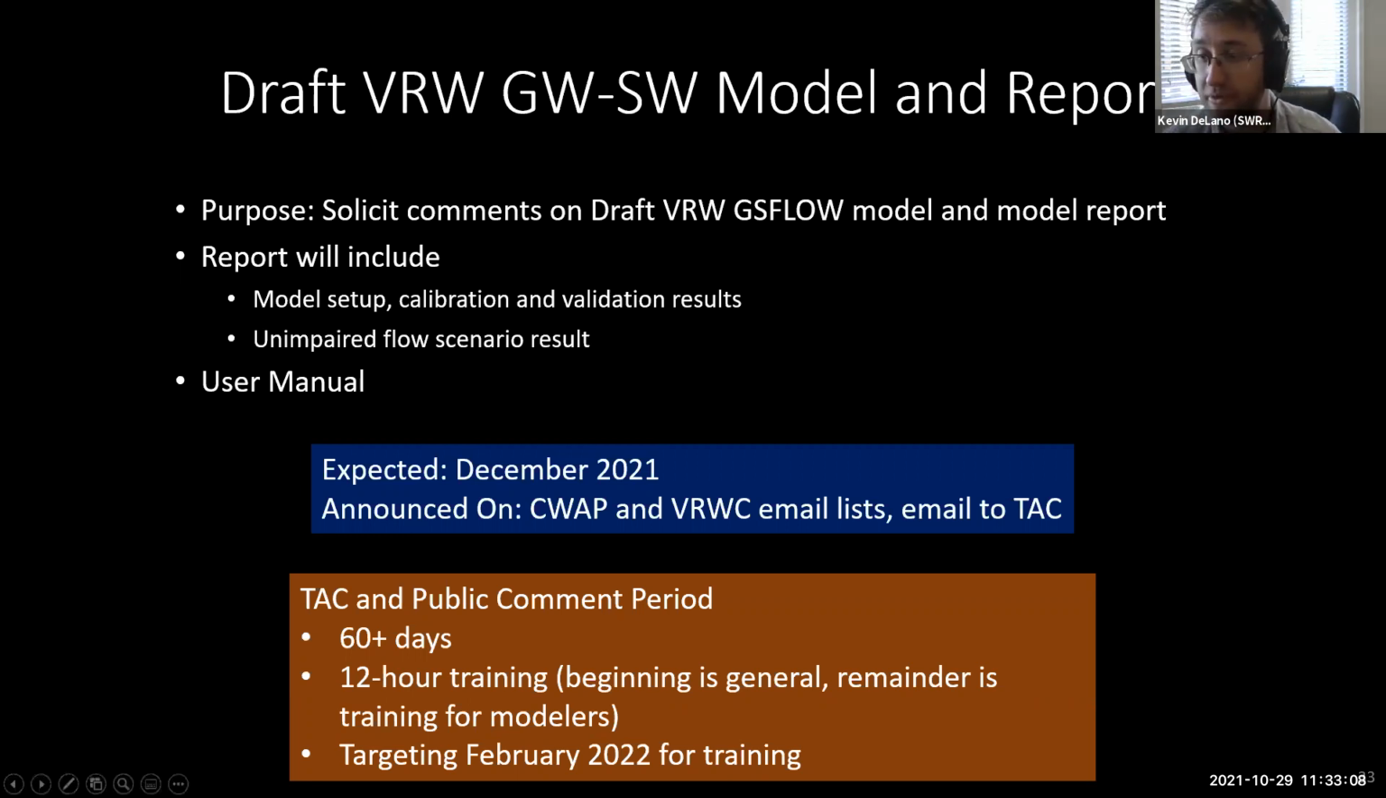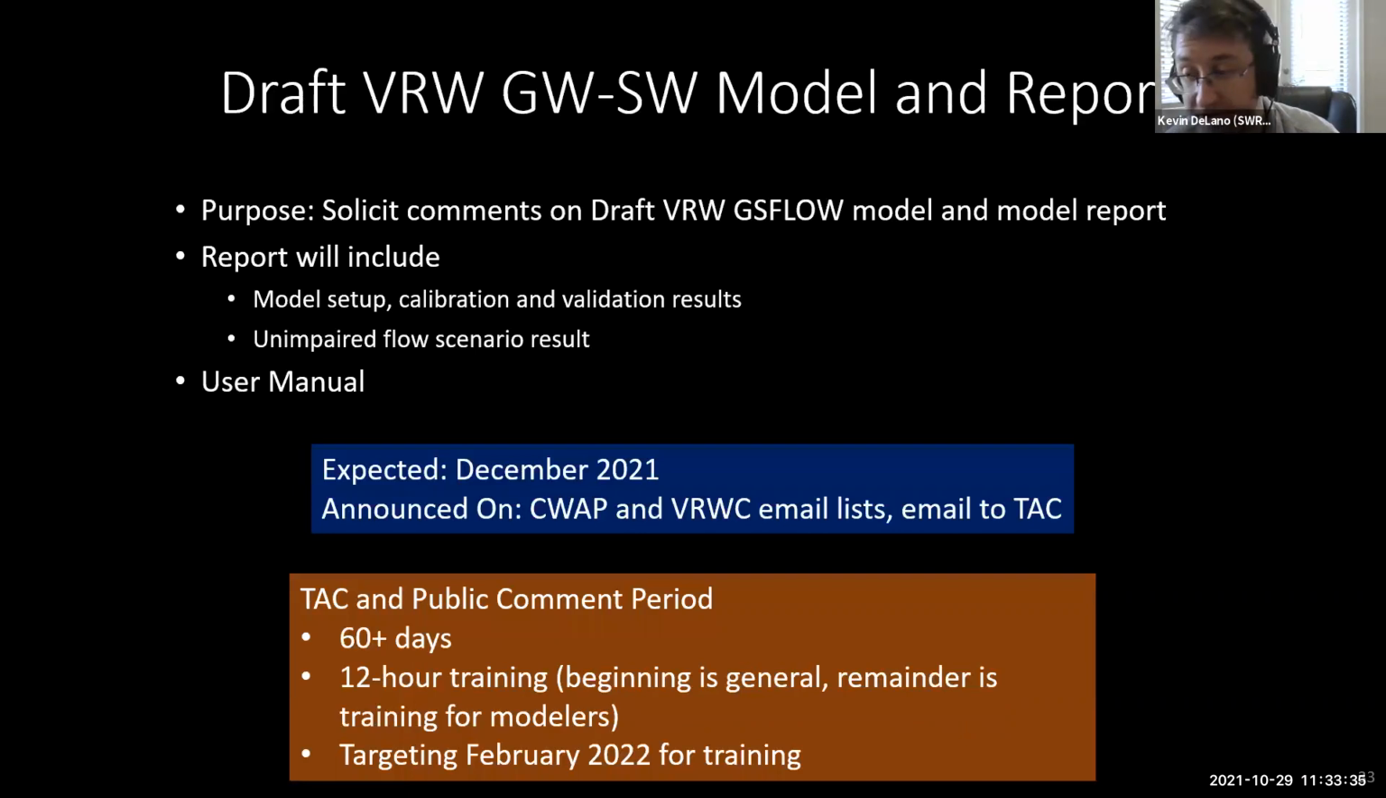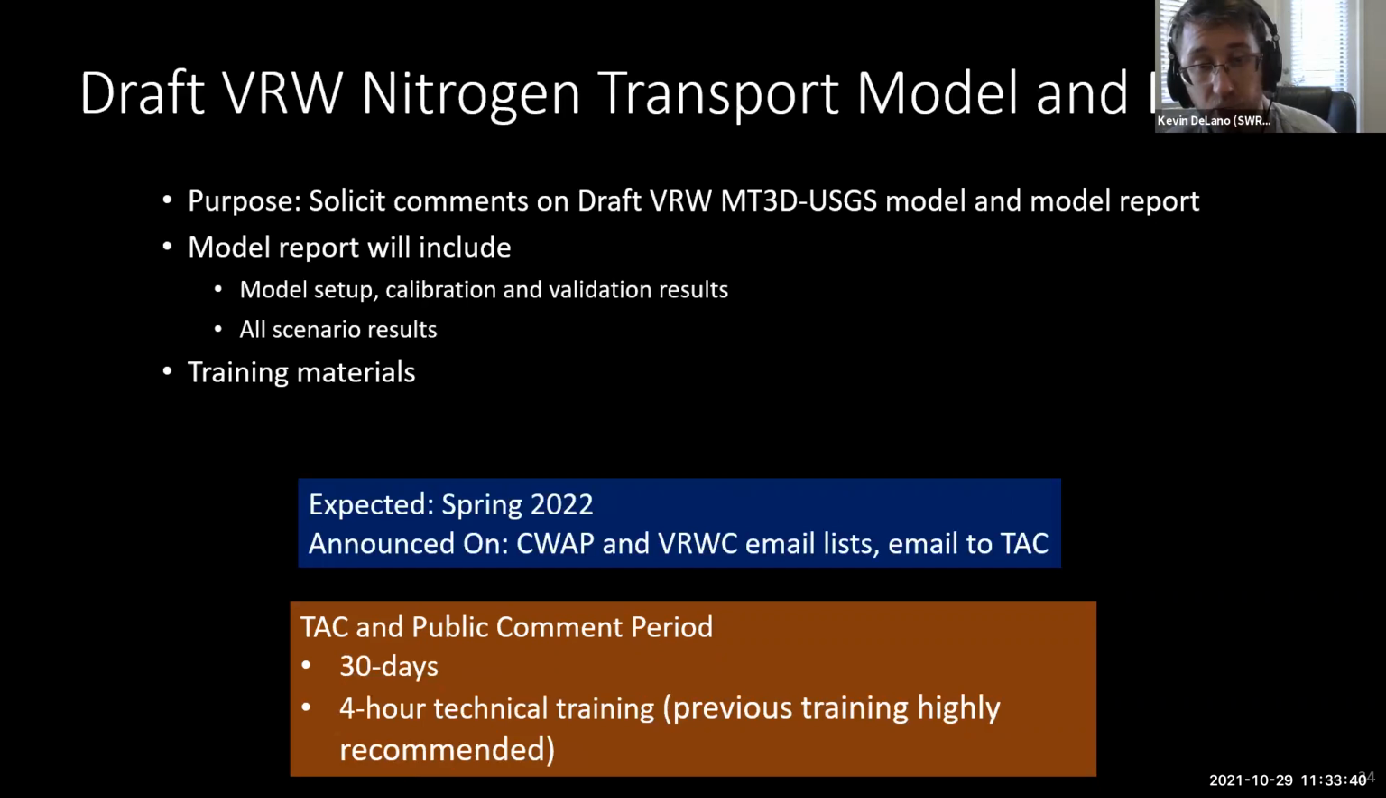The next deliverable after that is the draft Ventura River nitrogen transport model report that we will also be releasing to solicit comments on. This model report will include all the same model setup, calibration, and validation results. This model report will include all scenario results. So the groundwater surface water model report will only include the unimpaired flow scenario result, because as you can tell, we're still building the other scenarios. But for the nitrogen transport model, we will include all scenario results in the release of this model,